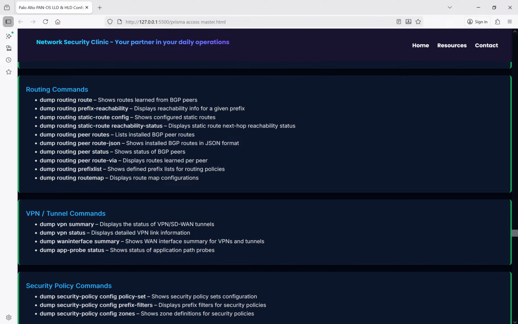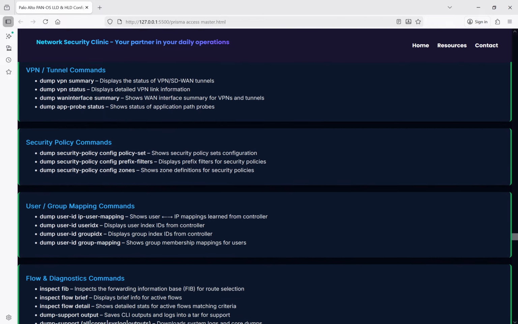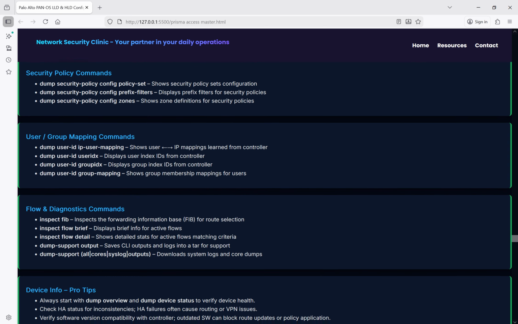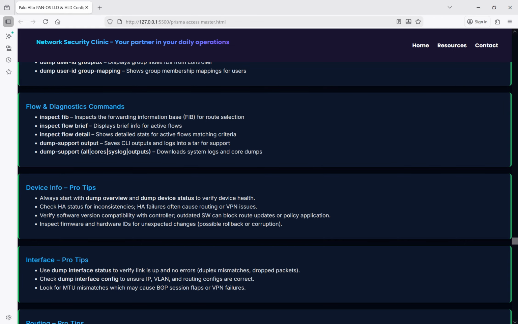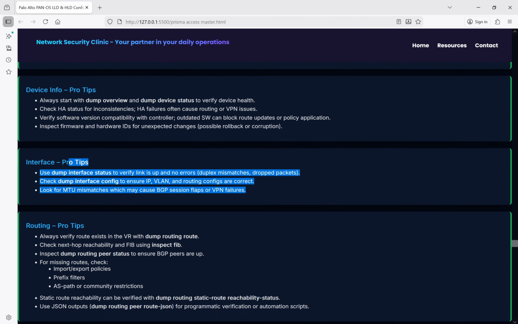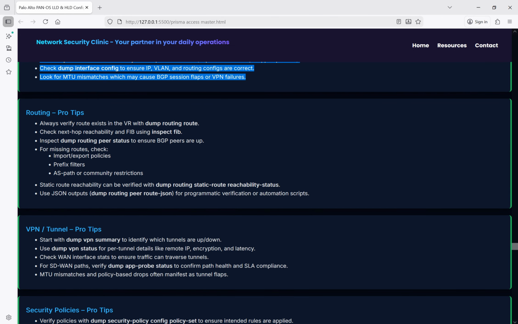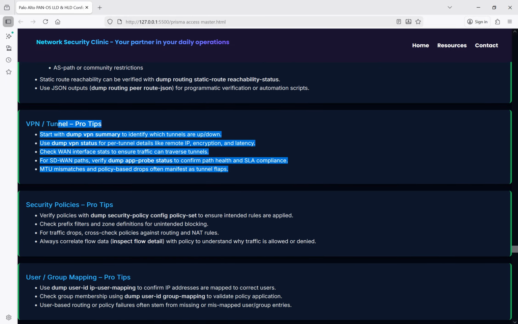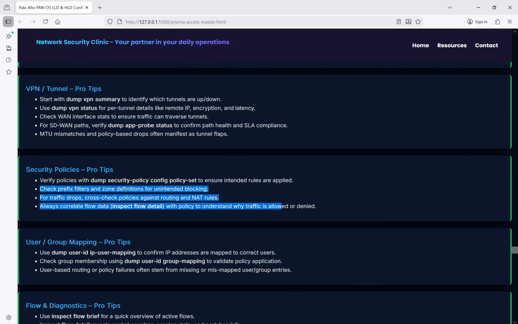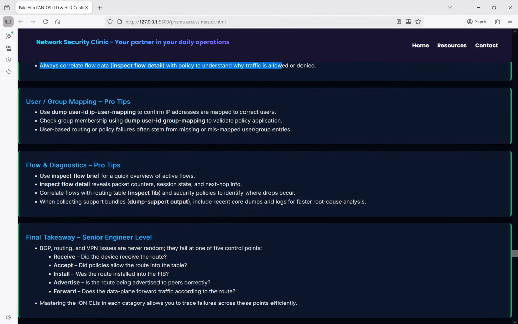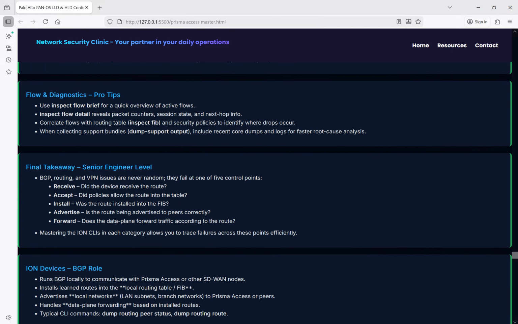VPN and tunnel commands, security policy commands, user and group mapping commands, flow and diagnostic commands, more device info professional tips, interface professional tips, routing professional tips, VPN and tunnel professional tips, security policy professional tips, and verifications, user and group mapping, diagnostic professional tips. Final takeaway: senior engineer